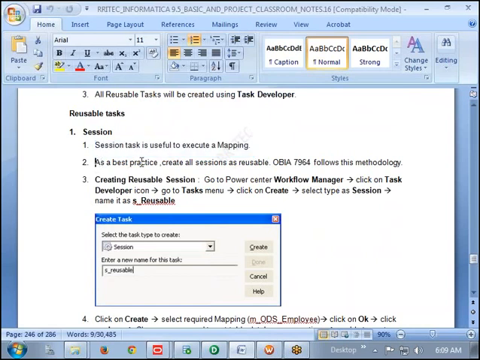As a best practice, create all sessions as reusable. OBA 7964 follows this methodology. What it means is, even if you are using it one time only, create that as a reusable and use it. We don't know whether in the future you may require the same session one more time in one more place, right? For that reason, as a best practice, we will create each and everything as a reusable and use that one. For example,